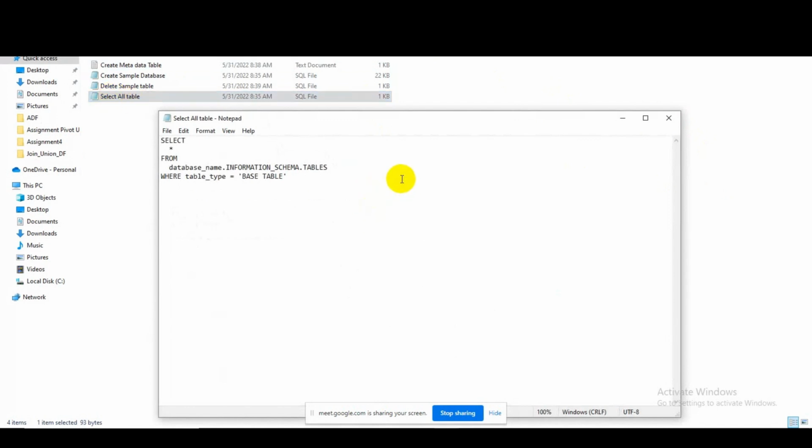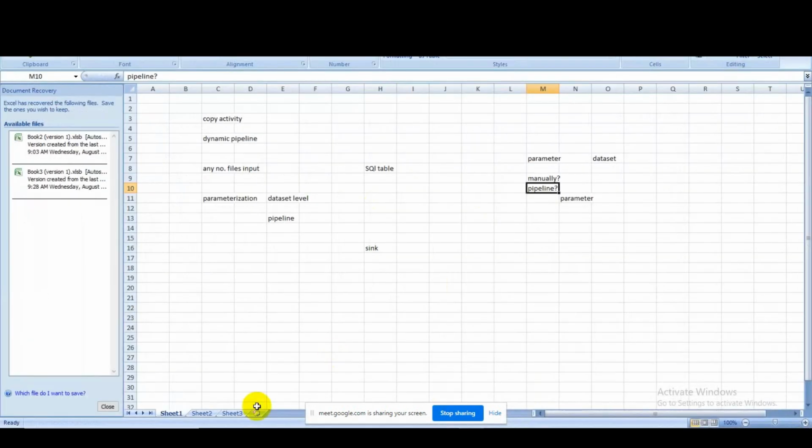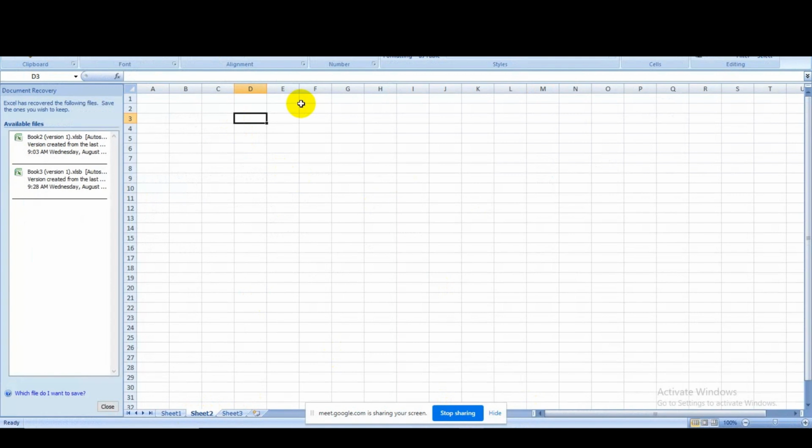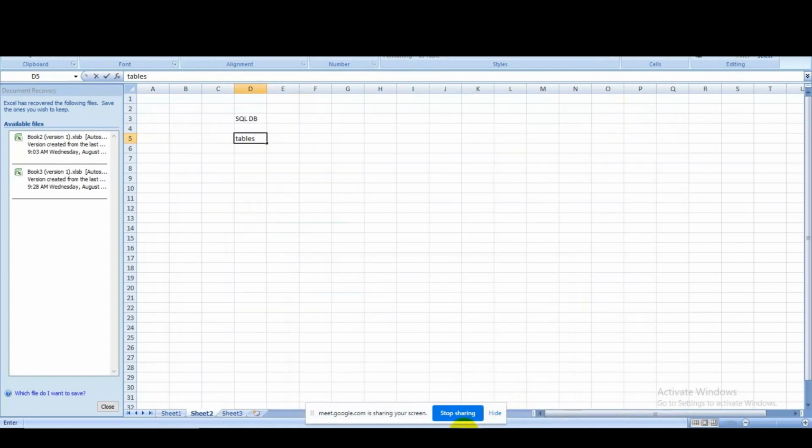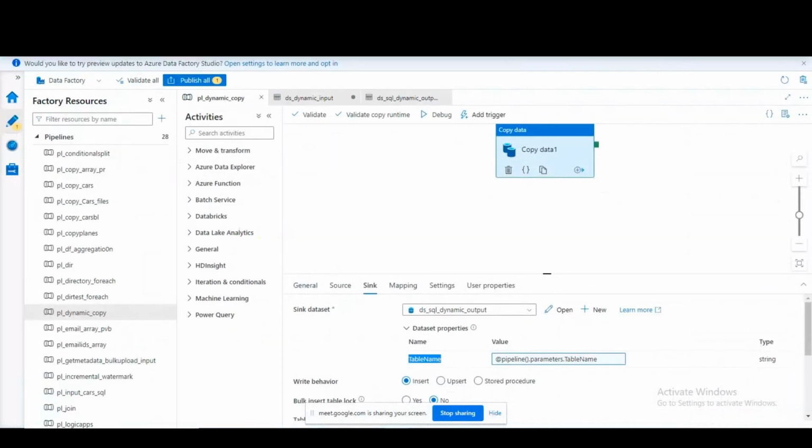Okay, so now we are going to have a very interesting case study, the next one. I have a SQL DB, Azure SQL DB. You all know. Now, in this Azure SQL DB, I have multiple tables. So if I select this query and try to run it in the SQL DB,